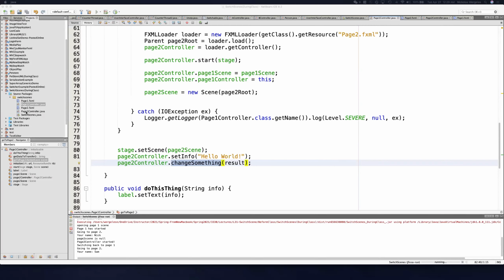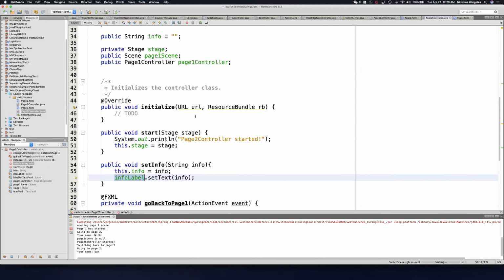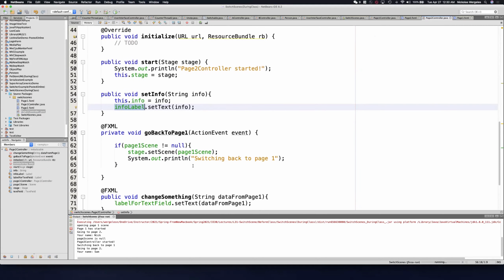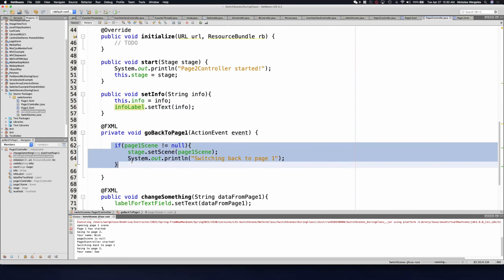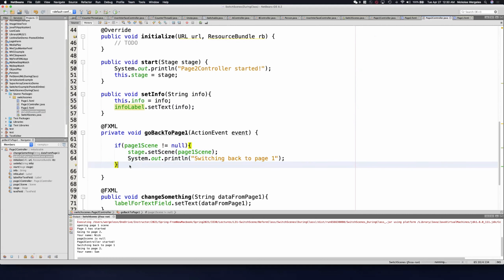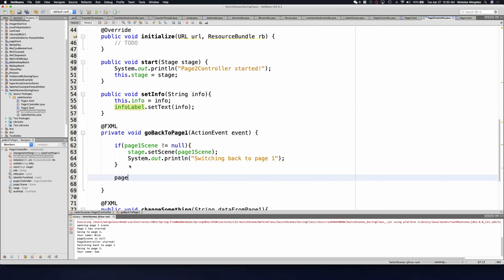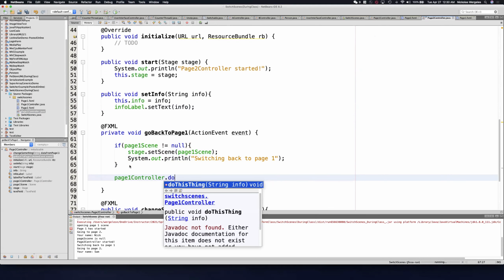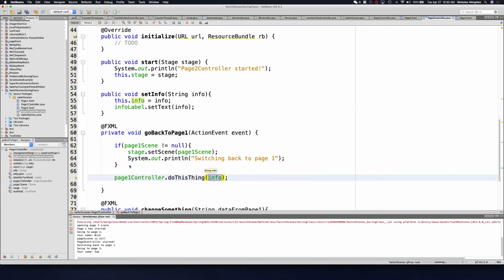And we can pass over information back to page 1. So let's say we're on page 2 and somebody types something in that text field. When I go back to page 1, okay, this if statement's not a bad idea. Go ahead and keep it. I would do the same. If I don't have a model yet, I would say page 1 controller. And I'd say do this thing, whatever the method's called. And we would basically say this is the info